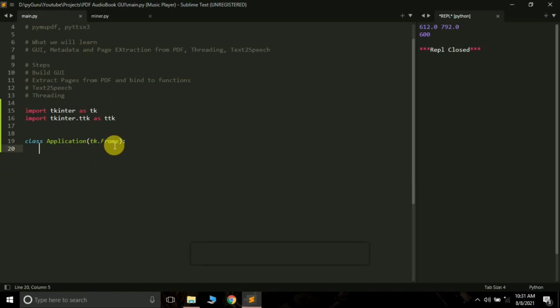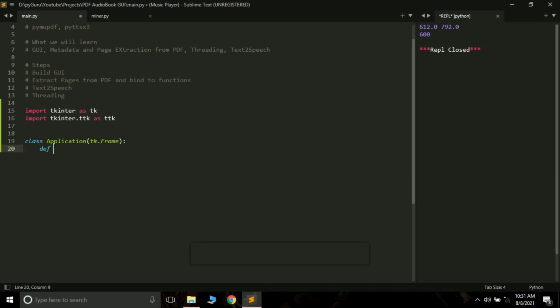We are inheriting the frame class of tkinter. What this means is that we'll be able to use all the properties defined for the tkinter frame in our application. Do not worry if you do not understand these few lines, the rest you will be able to understand.